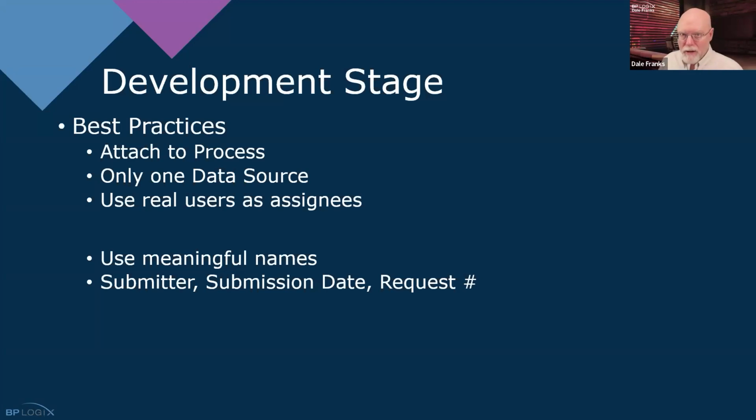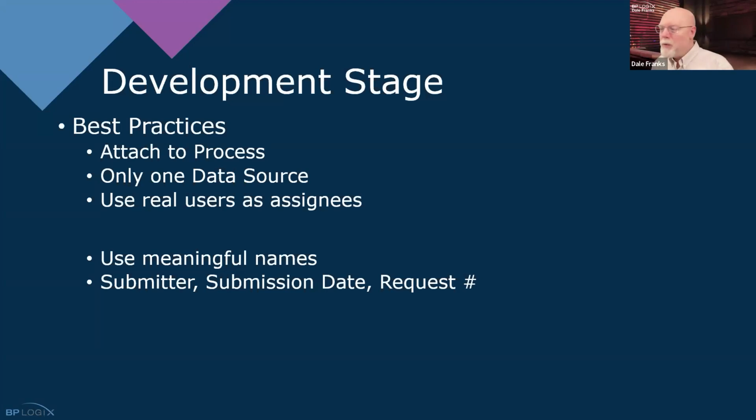When you are testing, and by testing, I mean the testing that you'll do as a developer as you're building stuff, use real users as assignees. Don't follow the example that I show you constantly here, where everything is assigned to timeline initiator, because I'm the only person that uses this system, and thus I'm the only timeline initiator, and everything just goes automatically to me. So I can demo it. Your system doesn't work like that. You have multiple users, and assigning stuff to you on a testing system doesn't necessarily reflect how that's going to work.